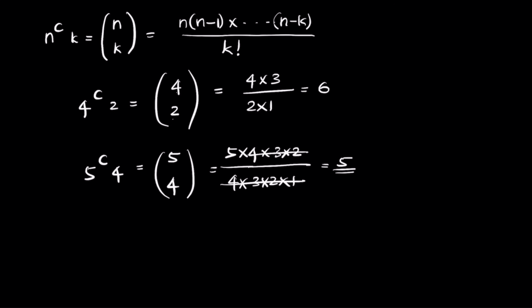So just write from the variable on the top the same number of times as the denominator, twice. So in reverse twice, we are writing 4 times 3 twice, and then in the denominator we write 2 factorial, which is 2 times 1. So this is how you can use it for nPk and nCk.